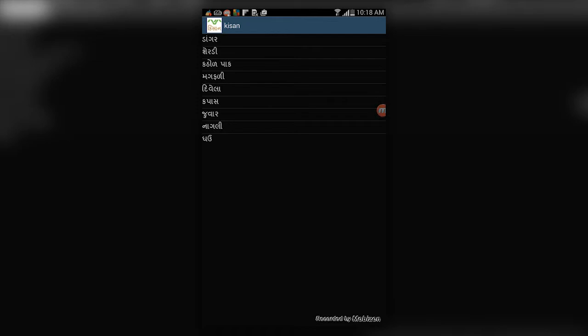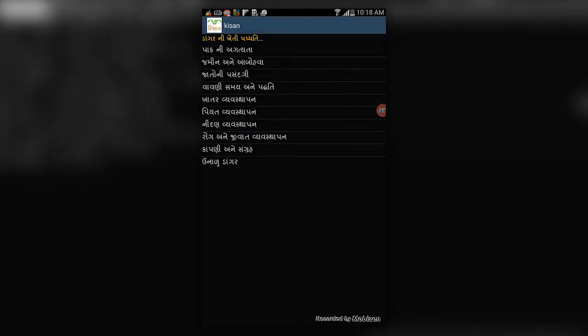Now we will see each menu one by one. First we will start with the agricultural crops, written here as Kheti Pakoni Mahiti. That means it contains all the agricultural crops information. Now we will start it. If you go into these agricultural crops, the major crops grown in the South Gujarat areas are paddy and sugarcane. We will cover only some of the very major crops. First we will start with dangar, that is known as paddy.